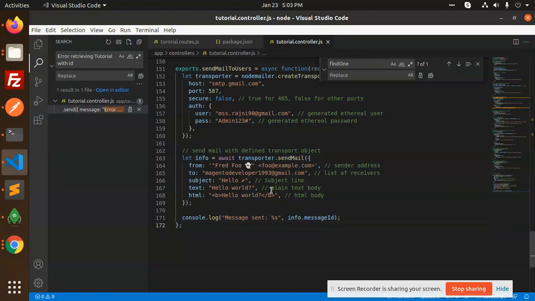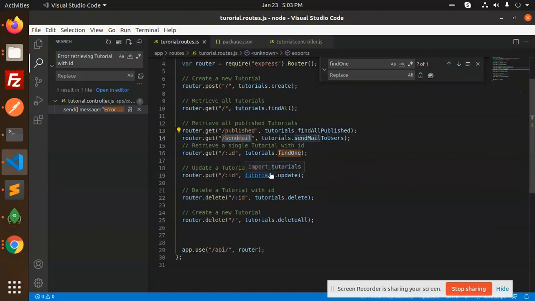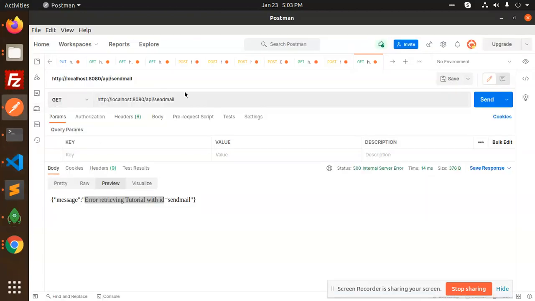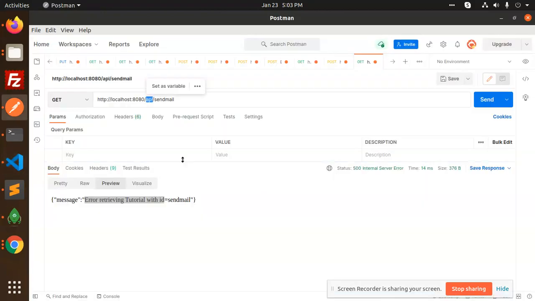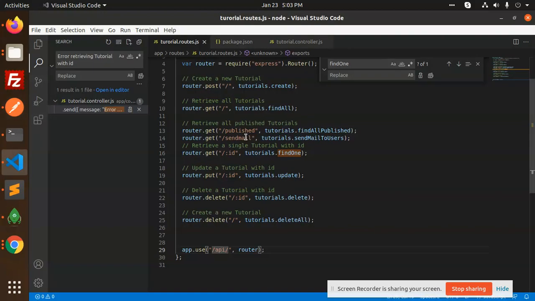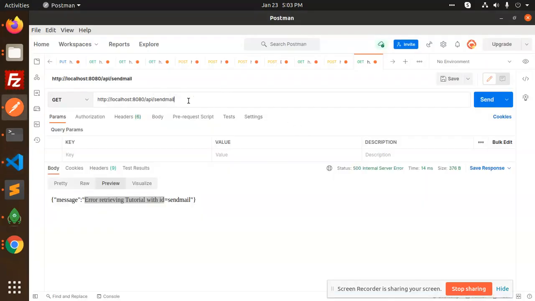After adding this code, you need to go to the API endpoint. This is the API endpoint, that is send mail. Go to Postman, and my localhost port is this one. The API is the route that I have added for all these routers, and send mail is the route that I have already defined. Okay, and after hitting this,